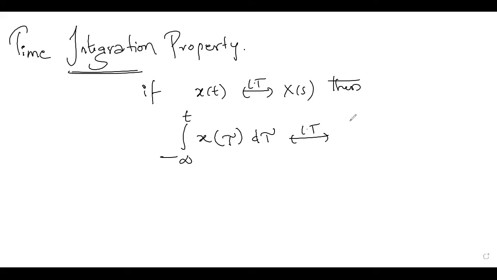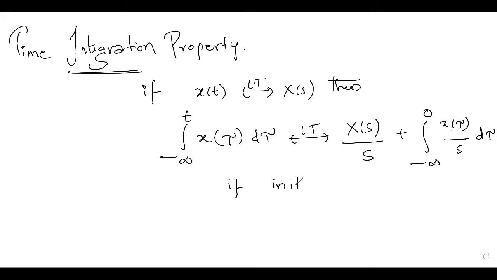Its Laplace transform is x of s by s plus the integral from minus infinity to 0 of x of tau by s d tau. Okay. So if initial conditions are assumed to be 0, then for the integral from minus infinity to t of x of tau d tau, in general the formula is given as 1 by s into